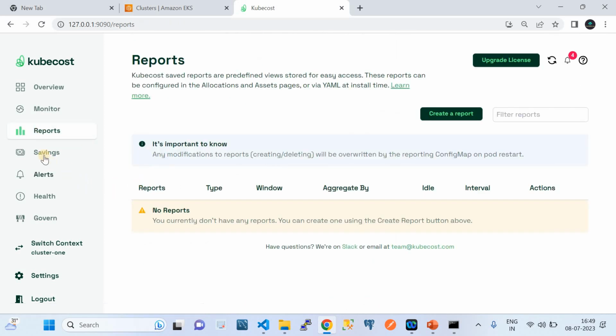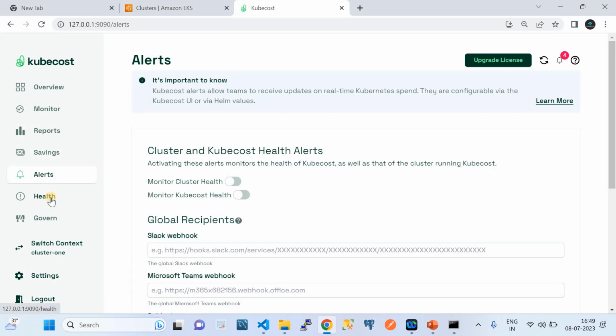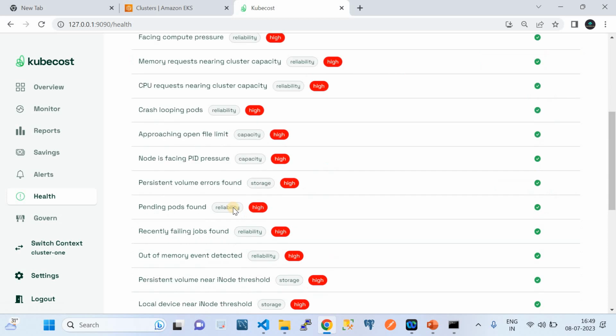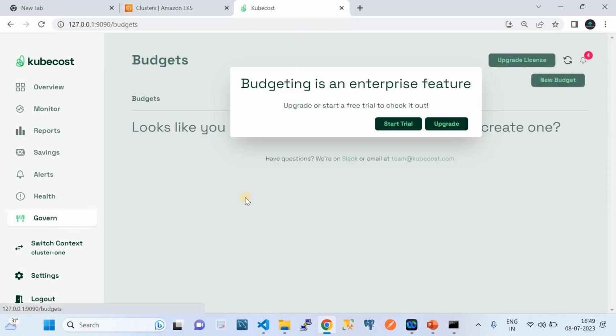If I go to the reports, you can generate the reports, and you can detect the savings as well. You can have the alerts, you can have the health as well. If you go to the health, it has so many health capabilities as well. Then the governance can also be added. And then multiple clusters can also be clubbed on the same Kubecost, in the sense you host the Kubecost